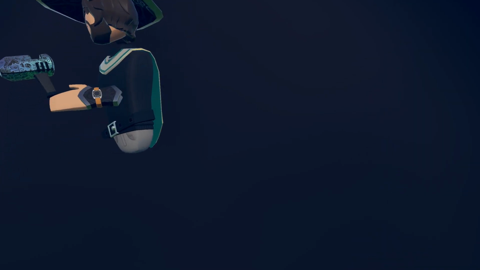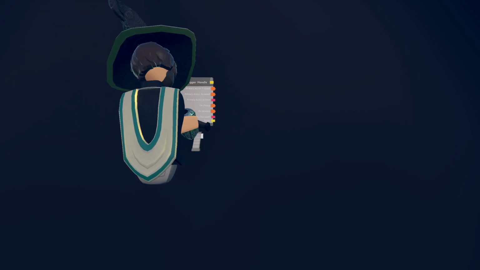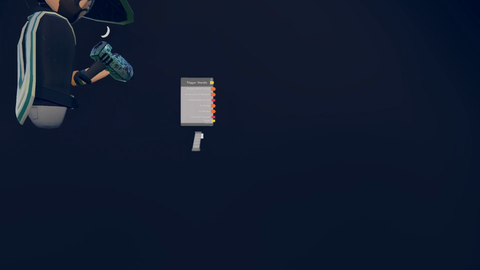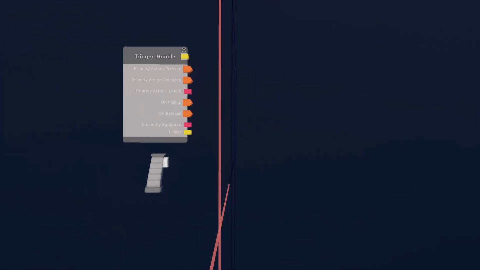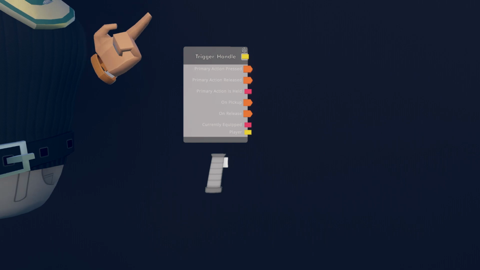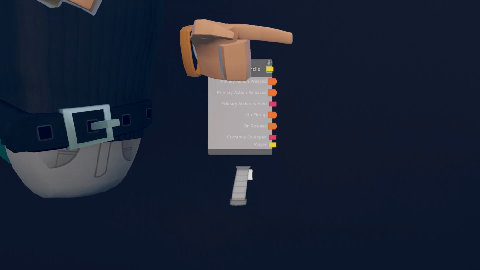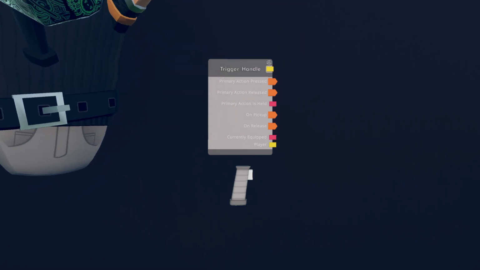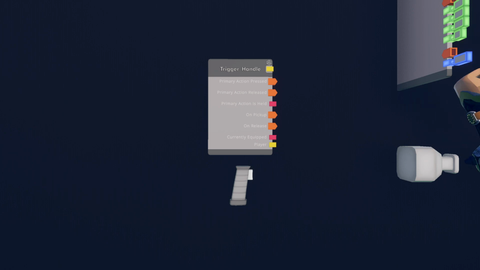Alright. So you could either do this with the trigger handle or gun handle. I'm gonna do mine with the trigger handle. You can do this with any object in the game. It's not specific. You can do it with a button or whatever can send an event. It's up to you. Alright, we're gonna get a projectile launcher as well. Same thing, it doesn't have to be a projectile launcher, but for this, we're gonna use one.